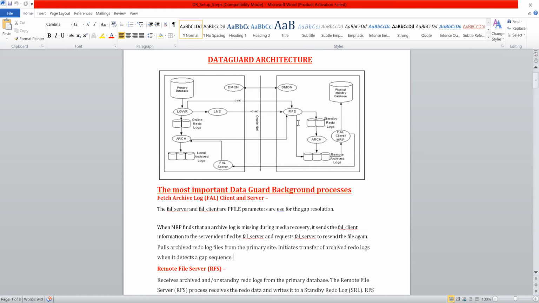If RFS does not run, then you will not receive the data from the primary, because RFS is responsible for receiving the data from the primary. So that is a very important process, RFS. And also your MRP process. If MRP is not running on your physical standby database, then it will not be